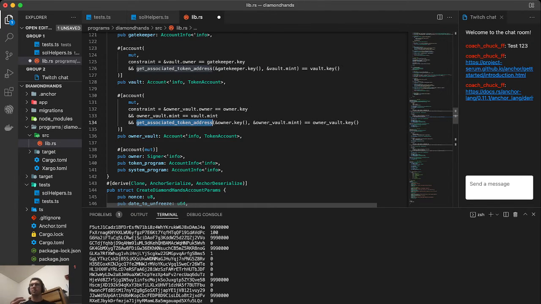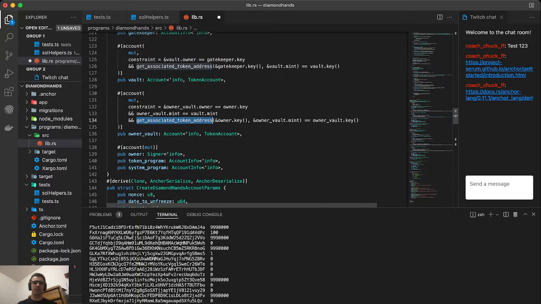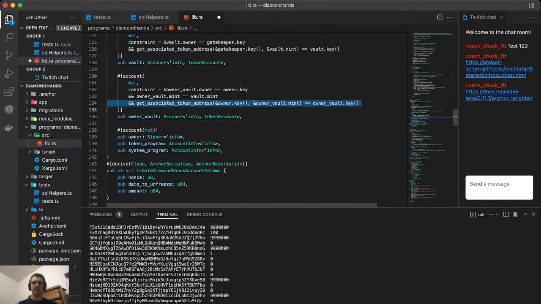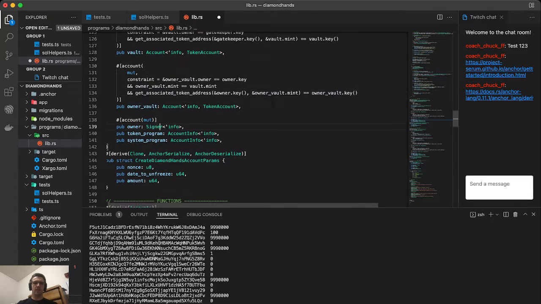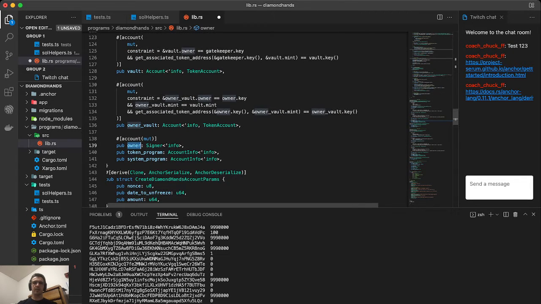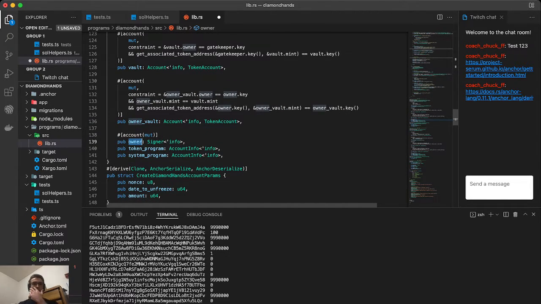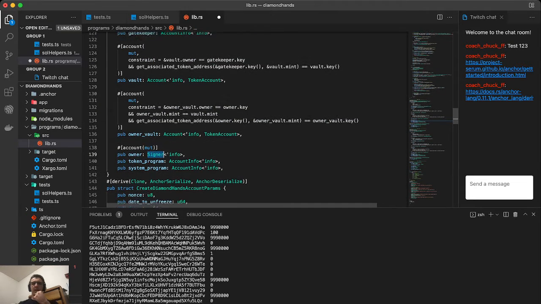And if you didn't use associated token address, either you'd have to remember how to rederive it yourself, or you have to keep track of that token account address. There's nothing to say that it has to be an associated token account, but this makes things infinitely better. And yeah, we basically just check that it's the right address. And then again, here's the important part that I kind of wanted to bring up: we have owner as signer. And this is interesting